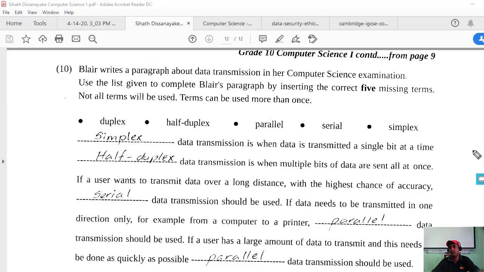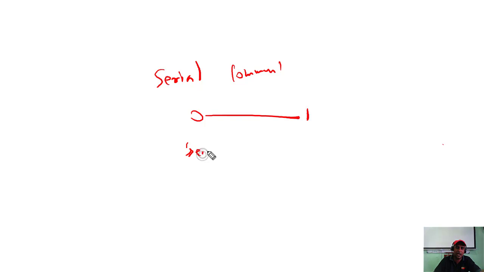And the serial and parallel. Serial communication means you are sending one bit at a time. That is called serial.